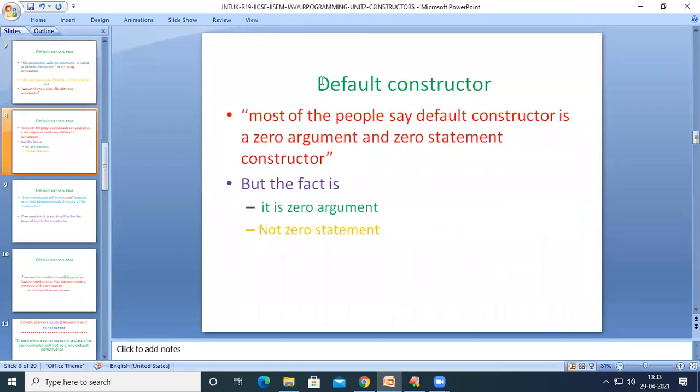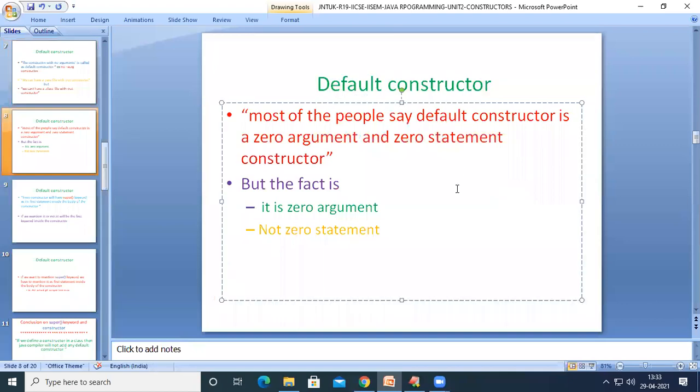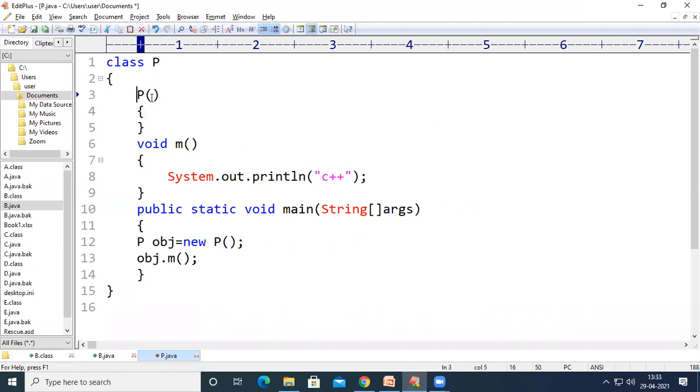So here, most people say a default constructor is a 0 argument and 0 statement constructor. As I said earlier, if we don't write any constructor inside a class, then the Java compiler is going to add a constructor which is called the default constructor, and this default constructor has 0 parameters and 0 statements.